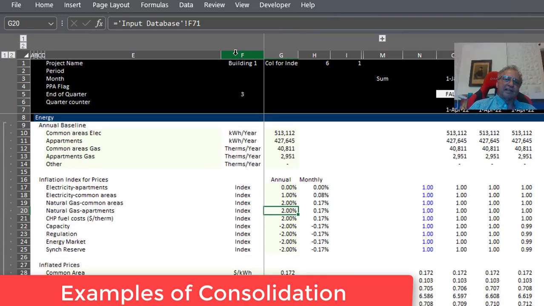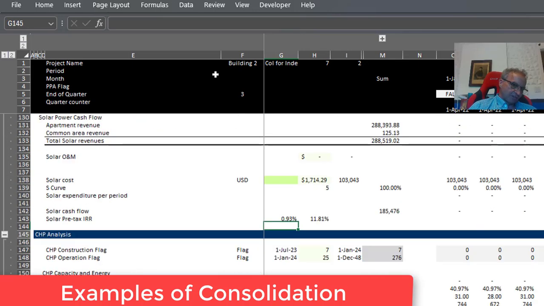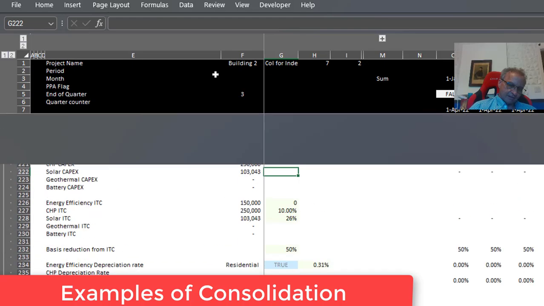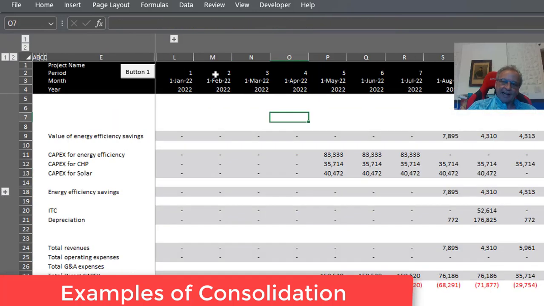So if we put building 2 here, I hope there's a building 2, then that takes it from column 7, and then we get different things. You can look and kind of see how you could put these into a single template model. And then when we do our consolidation, this sum thing works very well, because you don't get slowed down by